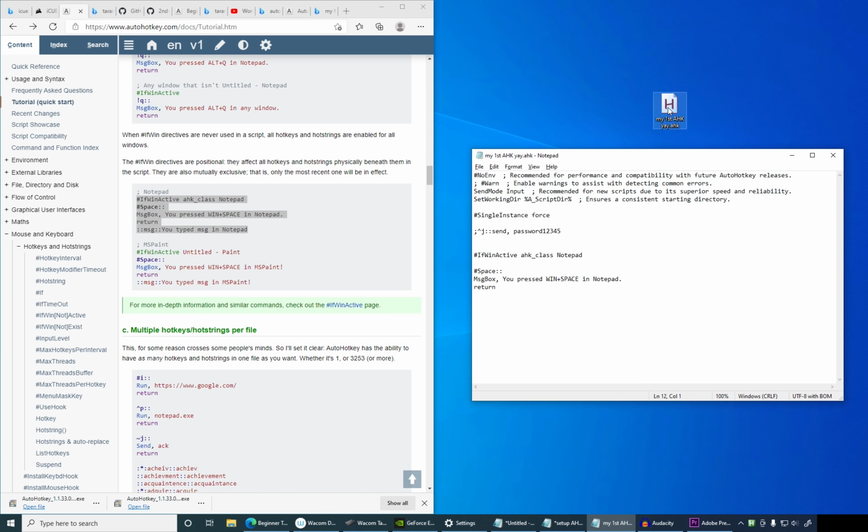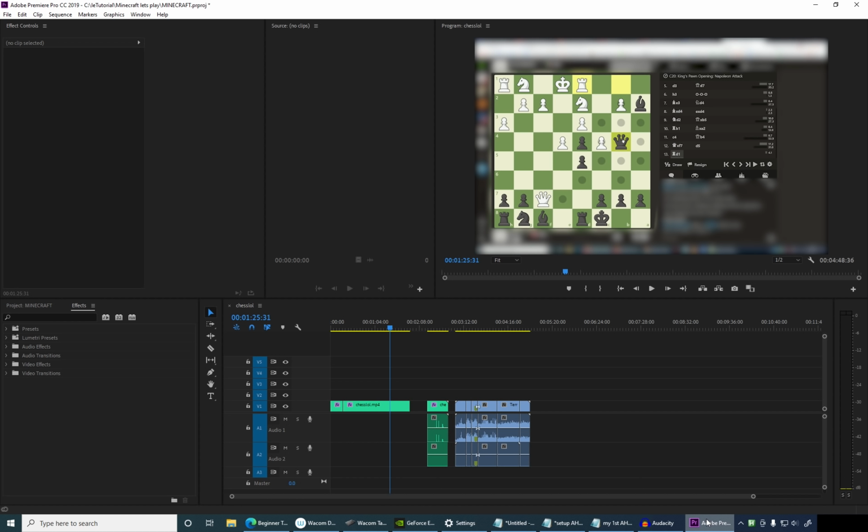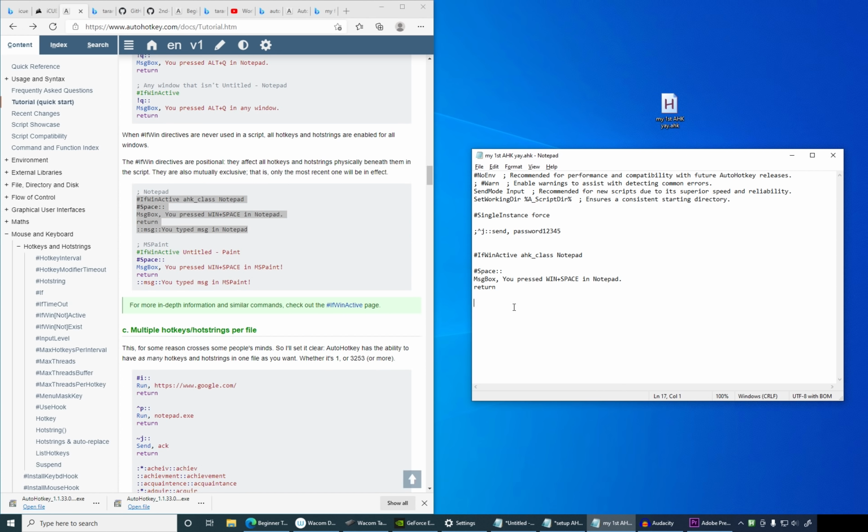Let's try it. Control Save, double click on it, get it running. I'm going to click on the desktop. I'm going to hit Windows key space. Nothing happened. I'm going to go here and I'm going to click Windows key space. Ta-da! See, it works, right? And that's like right there one of the most powerful features of AutoHotKey is that different key combinations will do different things in different programs. And I can have something that only works if you have Adobe Premiere open. And so that's what we're going to do with our hotkeys, is they're only going to work in Premiere, and then your keyboard will work totally normally when you're not in Premiere,